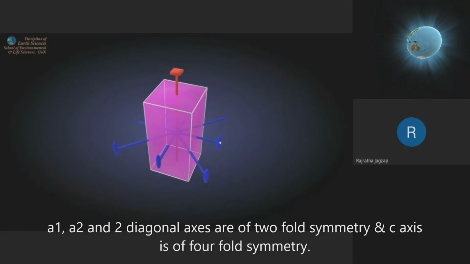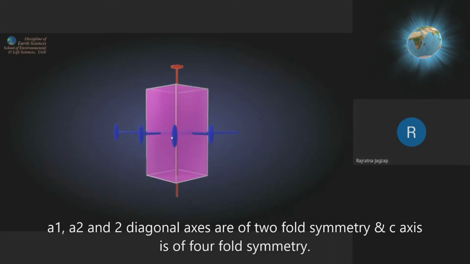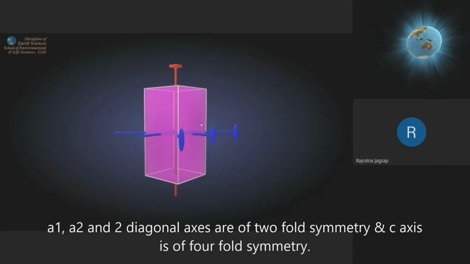Similarly, the right to left axis also shows the front face and back face similar, or the top face and bottom face similar. So this axis becomes A1 and A2 becomes an axis of two-fold symmetry. Similarly, we have seen just now, the diagonal axis also becomes an axis of two-fold symmetry. If you hold it like this, along this right hand side diagonal axis, you can see only two faces, or hold it along the left hand side diagonal axis, you can see only two faces.